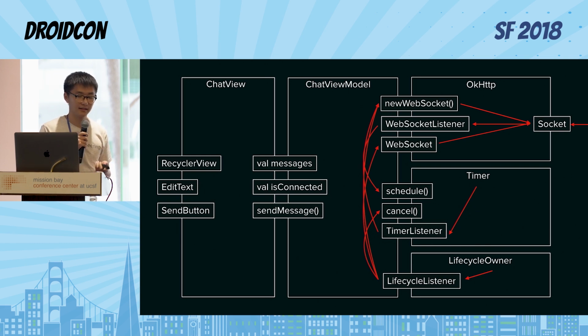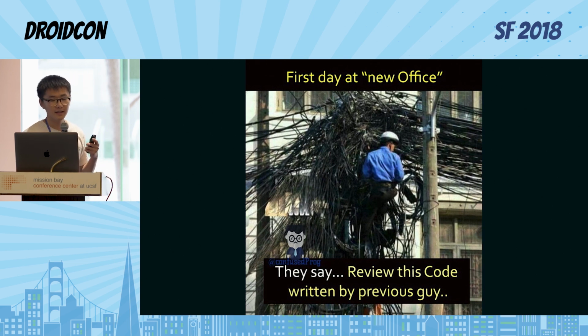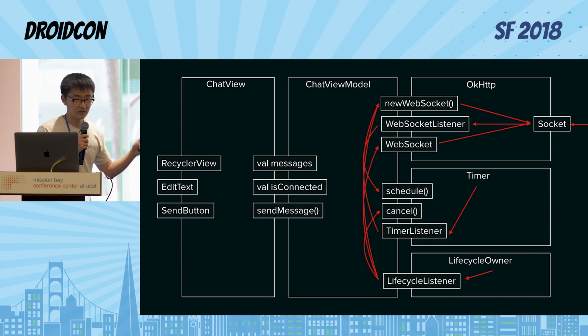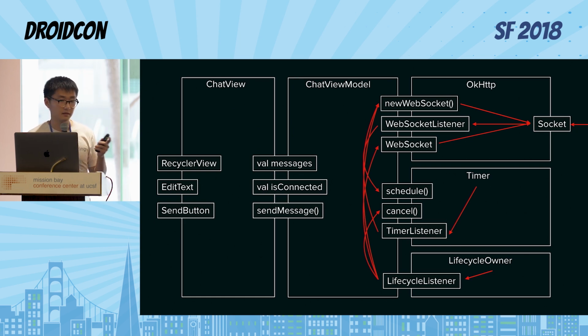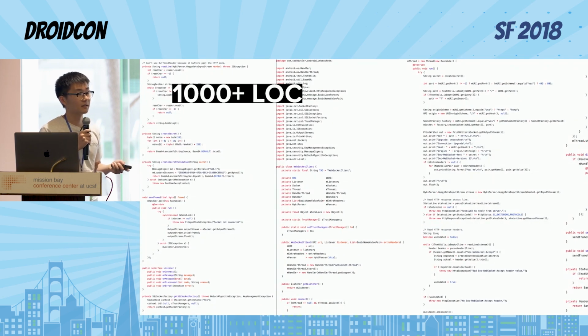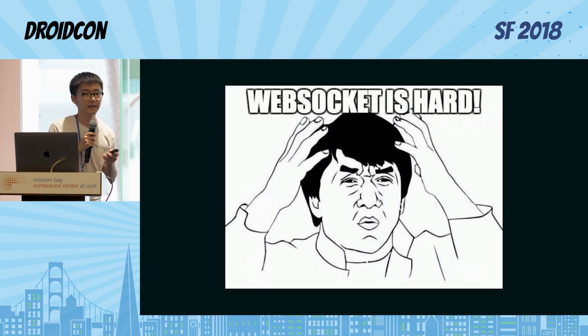I know what you guys are thinking. You must be lost, right? This is exactly how I felt on my first day at Tinder 2 years ago. We had this giant singleton manager objects made out of thousands of lines of spaghetti code. Let's take a look at the chat view model again. The view model is overloaded with different responsibilities. Guess how many lines of code this view model has? I think it will take at least 1,000 lines of code to write in Java. And thousands of lines of spaghetti code to add WebSocket to your app in 2018,